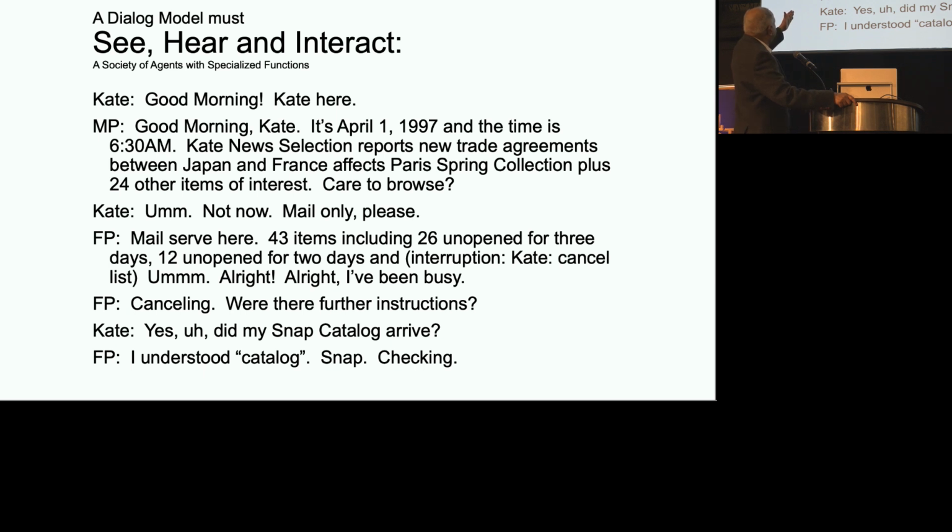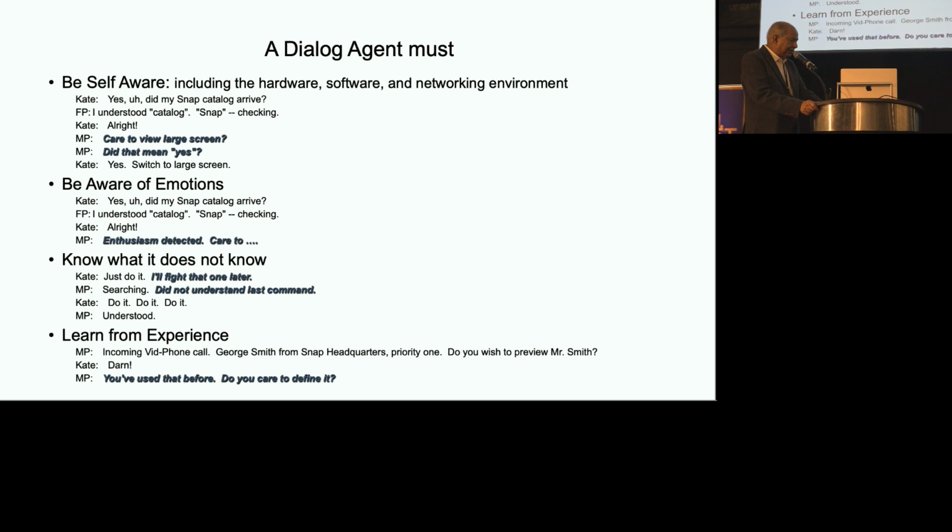And at some point, this is what we call mixed initiative dialogue. Normally, you're asking it to do something. Suddenly it says, well, do you want me to do anything else? And there's a change of direction, and snap catalog arrive, and then the system doesn't necessarily understand it. It needs to have a clarification dialogue to kind of deal with it. And so the whole issue of how to build dialogue agents that can do those things.